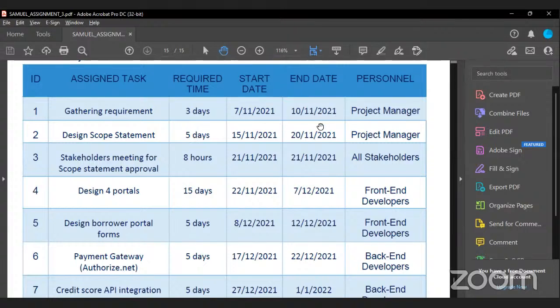So in order not to create a scenario where this personnel would be handling another person's task, he knows basically who is doing what and the days it would require. So if the gathering of requirements, which is done by me, extends past the 3-day period I stated here, he would be alerted and ask how come it is taking 4 or 5 days, and it's going to be an issue?